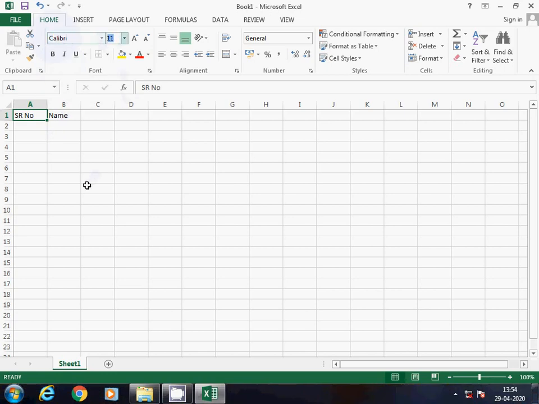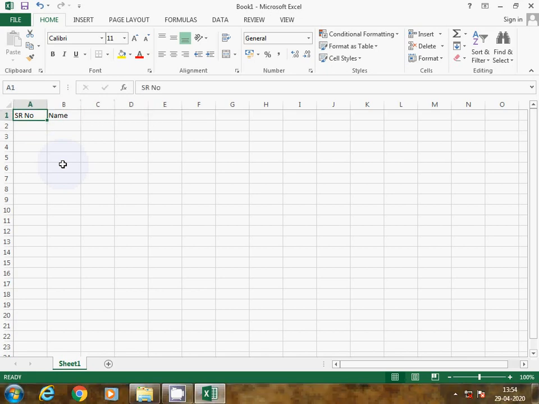Now when I want to make it attractive or change, that option is called formatting. To change your default setting to your desired setting is called formatting. So formatting means changing the appearance of data. Whatever data you have, changing that appearance and some other controls is called formatting.